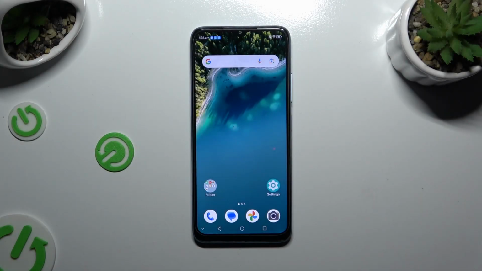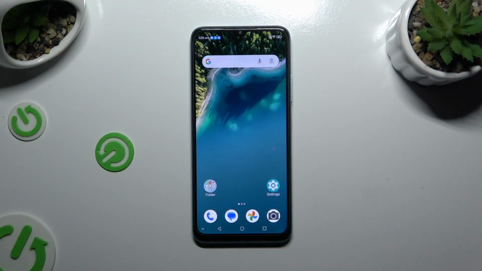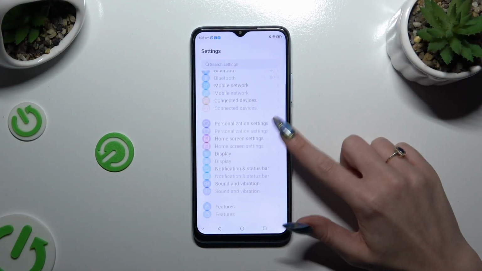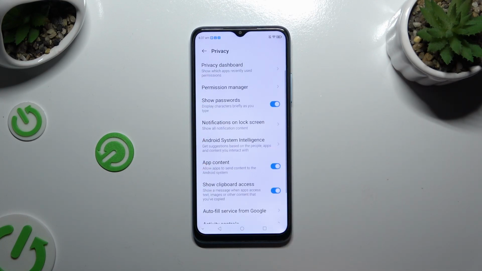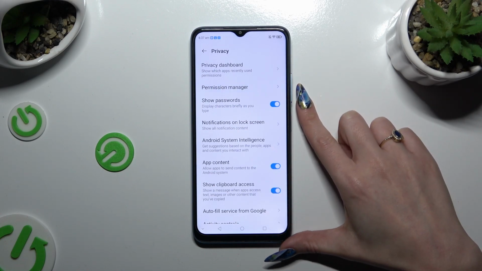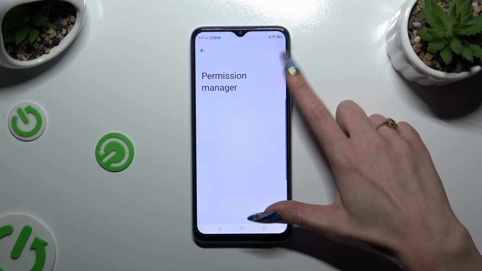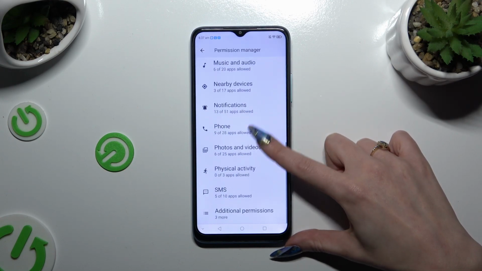In front of me is ZTE Blade A54, and today I would like to show you how you can manage apps permissions. Begin by opening Settings and scrolling down to access Privacy. Then click on Permission Manager and tap on any of your device's options to manage, like for example,